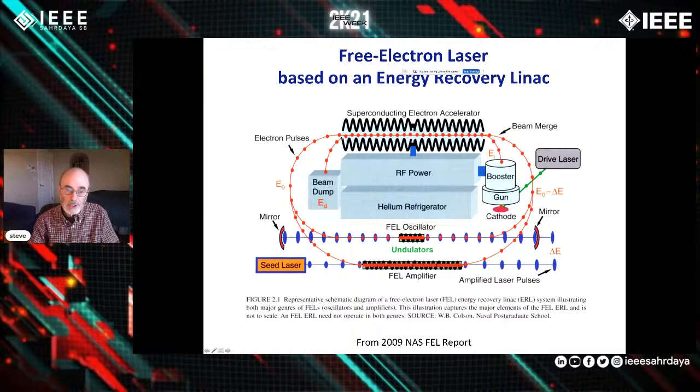So they come out at much higher energy than they went in, and then they're ready for some application. But in this case, because it's an energy recovery LINAC, instead they're bent into a racetrack configuration. So they're bent around using magnets, and then they can go through some experimental structure here to do whatever you're going to do with them. For an FEL, this shows 2 different beam lines that they might be bent into, either an FEL oscillator or